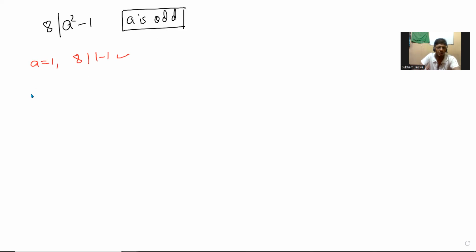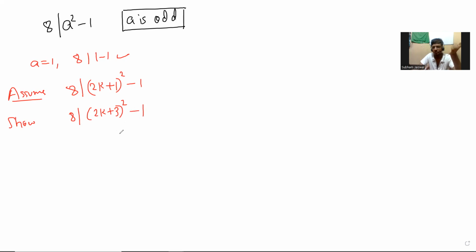Right. So when you put a equal to, okay, so let's do it formally. Assume that a divides, let's say, (2k+1) squared minus 1, right? So let's assume this. And then what do we need to show? We need to show that it divides for, in place of k, you place k plus 1, right? So then this becomes 2k plus 3,